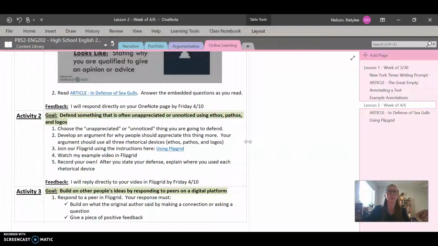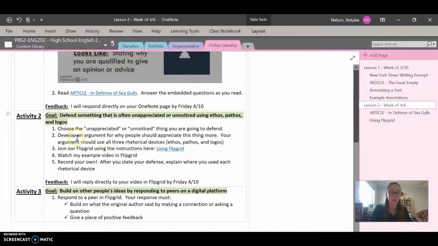And I had to really think about it for a little bit. I made a list of things that I like, things that maybe I didn't used to like, but now I do. And I ended up landing on baby carrots, which would have been shocking to me if I had said I was going to defend baby carrots even just like 2 years ago. I used to hate them. So that's how I knew it would be a good thing for this video. And you can choose all kinds of things, obviously, as long as it's school appropriate. So first step, choose the thing you're going to defend.